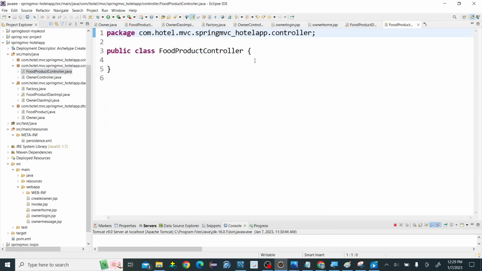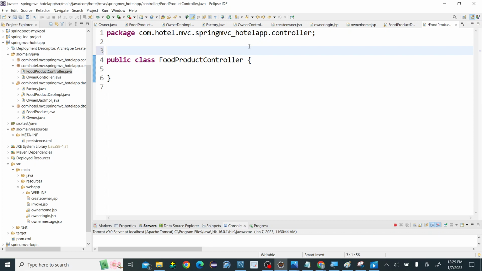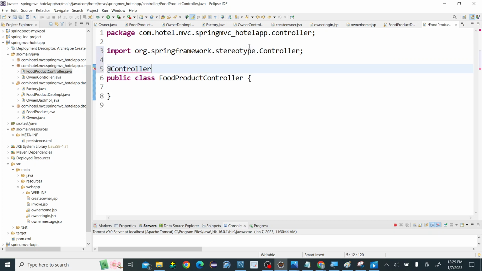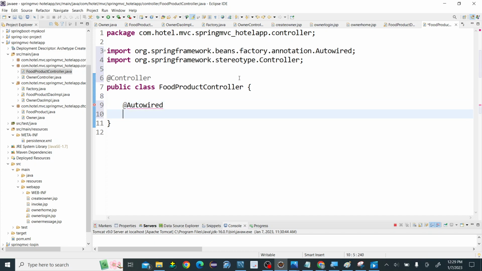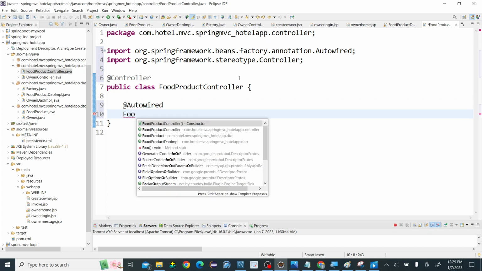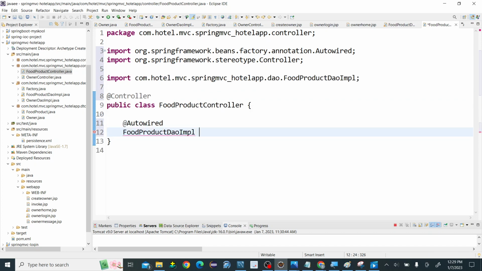In case of food product controller, to represent this class as controller, what will the controller class do? It will handle all the requests passed by the user. To handle all the requests passed by the user, we have to provide the controller annotation, and then we have to access the DAO layer. Use autowired food product DAO impl. We can name it as product DAO, and we are